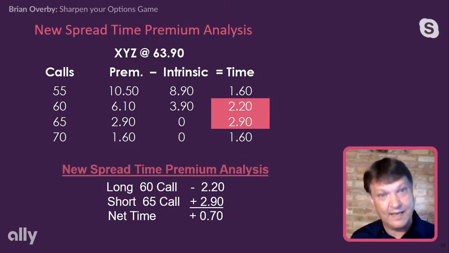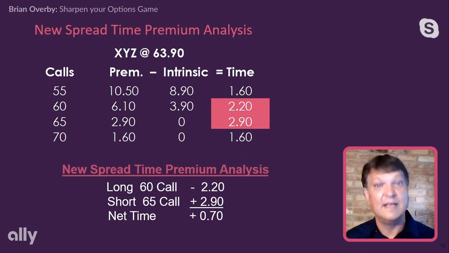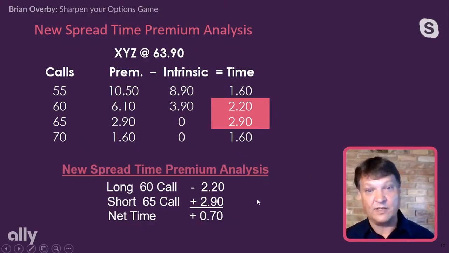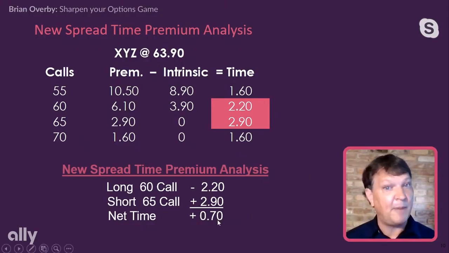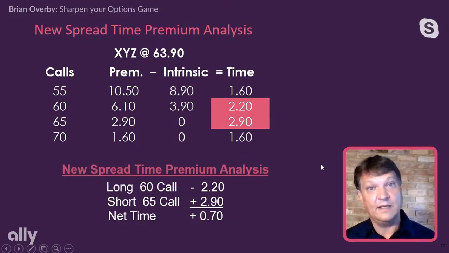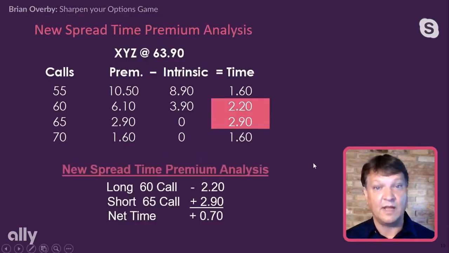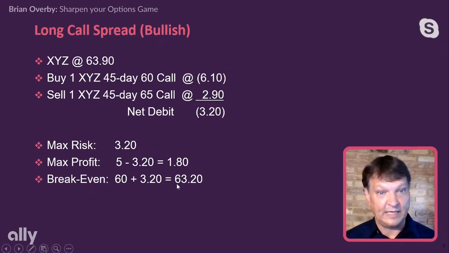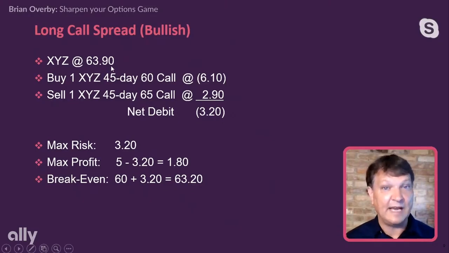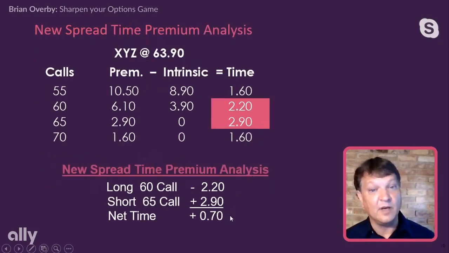The time decay in the price of that option contract always accelerates as expiration approaches. So now we've actually set up our strategy where we're net positive time. We've sold more time, 290, than we bought, 220. So guess what's going to happen to our break-even line on our x-axis relative to the underlying stock? We're going to actually have a lower break-even of 63.20. I apologize for jumping back on the slides. Versus 63.90 if we bought the stock outright. Why? Because we sold 70 cents more time premium than we bought.